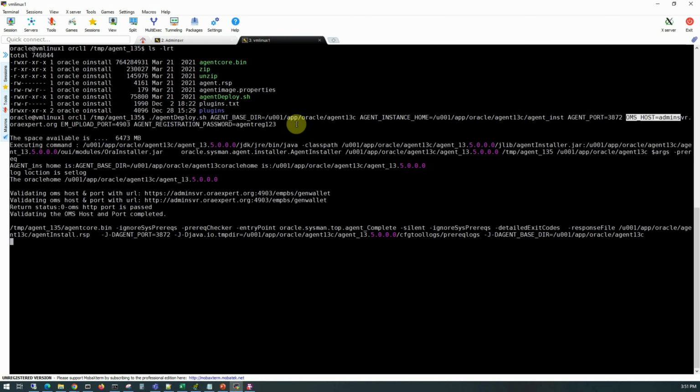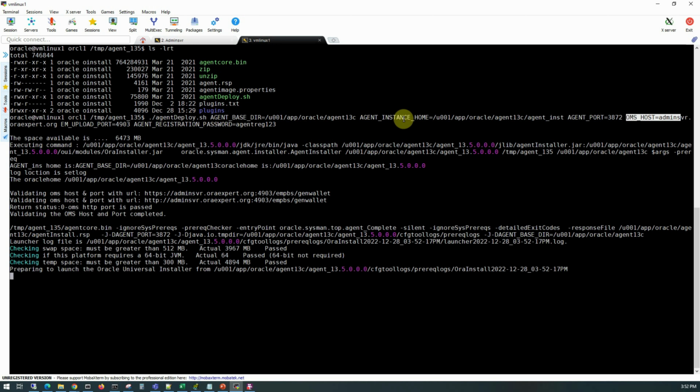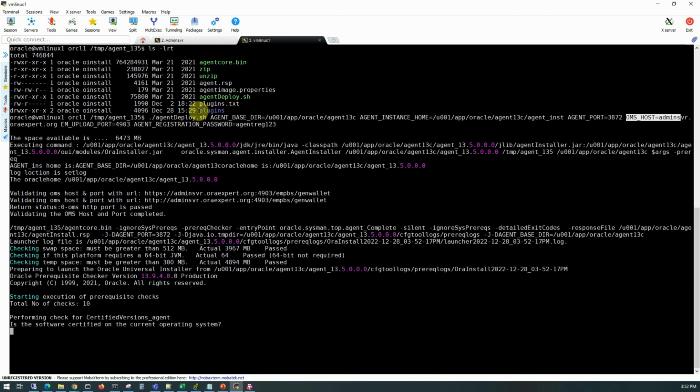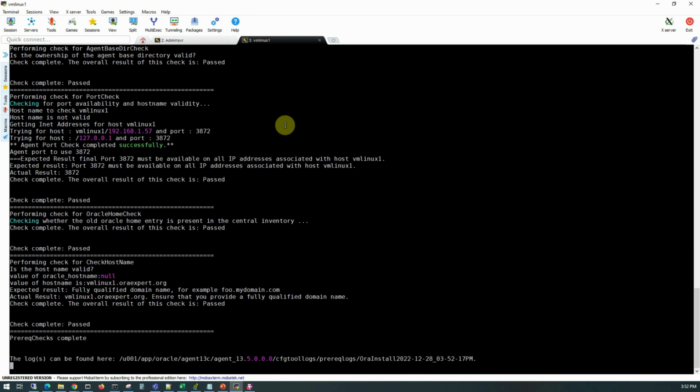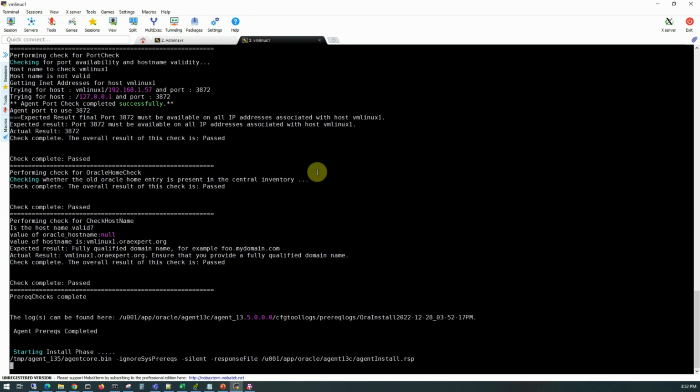Please note that if you want, instead of specifying these parameters here, you can also create one response file, and inside that response file you can specify all these parameters and mention the path to that response file in this agentDeploy.sh command. But since I am using only 5 or 6 parameters here, I prefer to do that in a single line as one command. So right now the installation is in progress, which is going to take around 10 minutes,